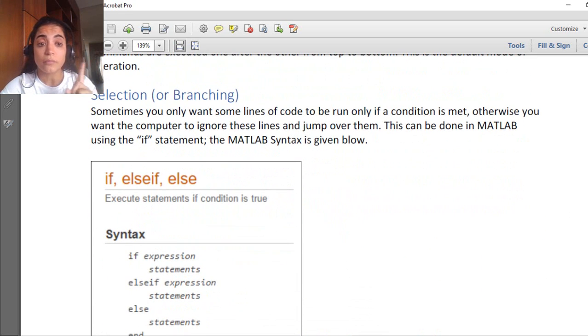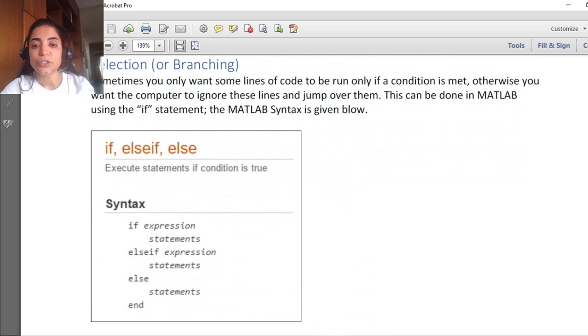However, sometimes we need to do some commands if there is a certain condition, if this condition is valid, or to skip this block of commands if this condition is not valid. And we do this in a mode called selection or branching. Sometimes you only want some lines of this code to be run only if this condition is met. Otherwise, you want the computer to ignore these lines and jump over them, skip them,